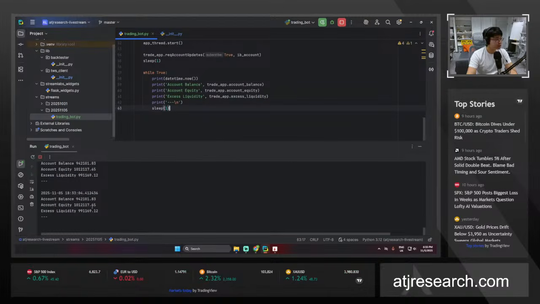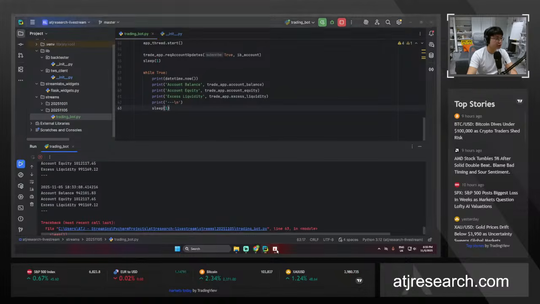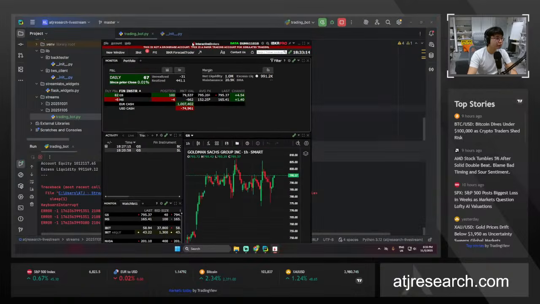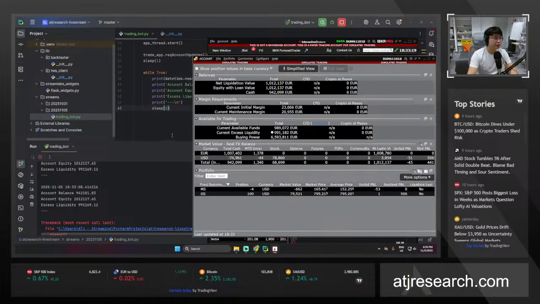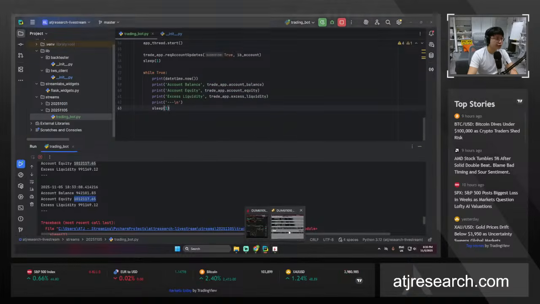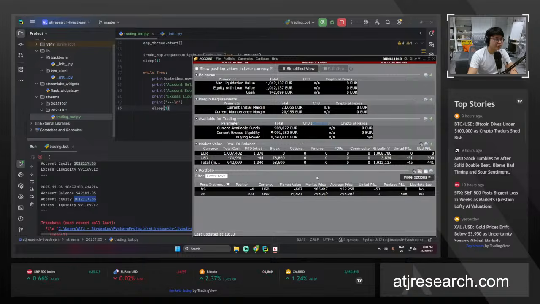And now you can see that these values should reflect what we see here in TWS. So for example, if you check the platform here, when we look at the account balance, so let me open this field here. Our account balance is 942,000, right? So this is our cash balance here. And the account equity, which is this value here, this should be the net liquidation value,